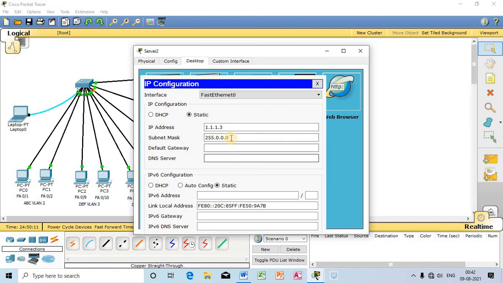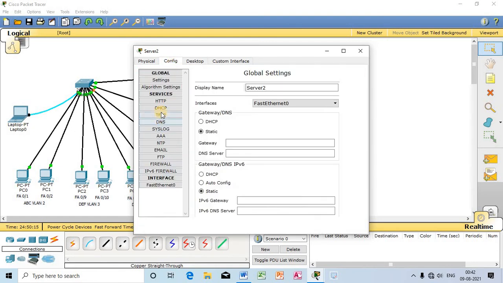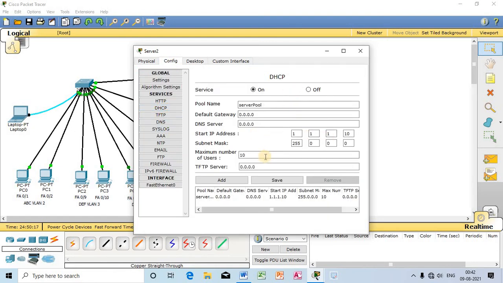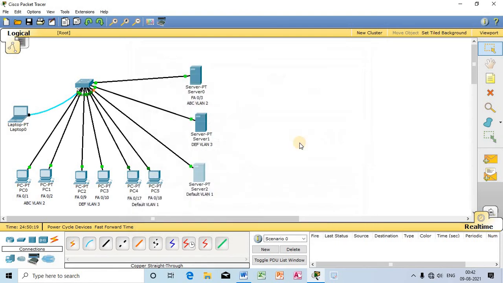Oh sorry, okay, it is 1.1.1.3, and DHCP 1.1.1.10. Everything is okay, so let me wait for 50 seconds. This is under the default VLAN. These two computers must obtain the IP address from this server. There should not be any problem. Let me try again.